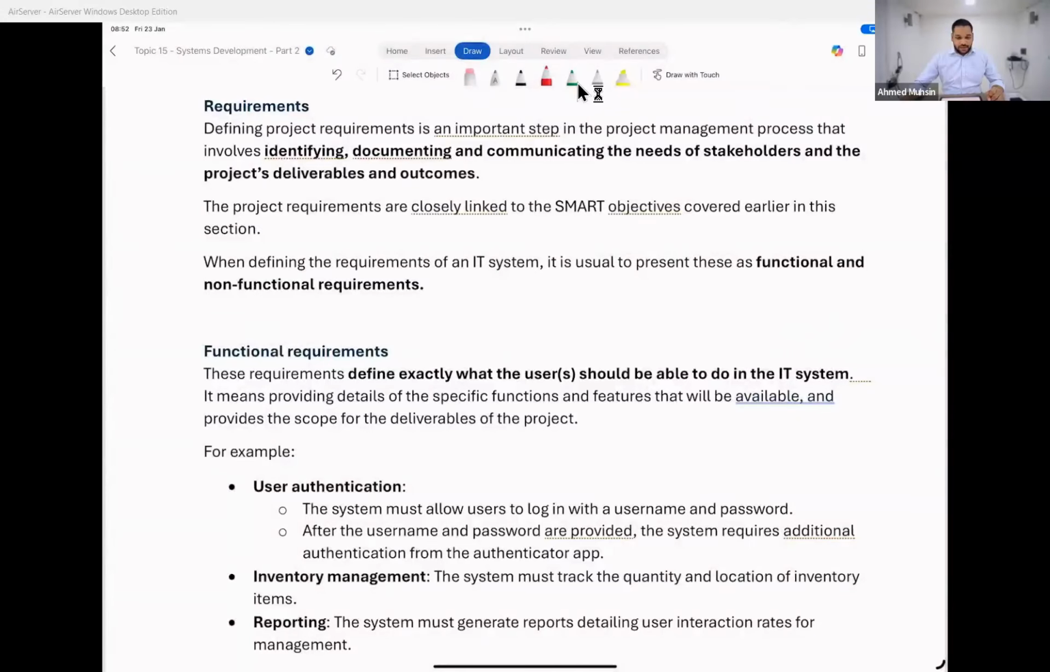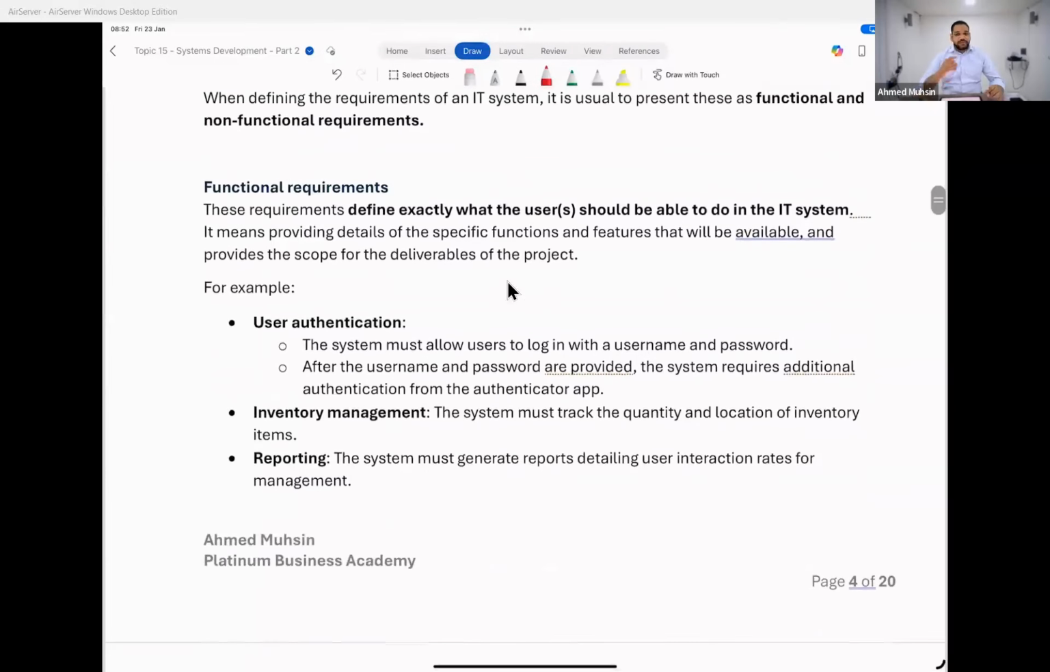Right, everybody, with regard to requirements, I told you there are 2 types of requirements that need to be gathered. Can everyone read what are functional requirements? These requirements define exactly what the user should be able to do in the system. It means providing details of the specific functions and features that will be available. Basically, functional requirements is what should the user be able to do on the app, on the website,